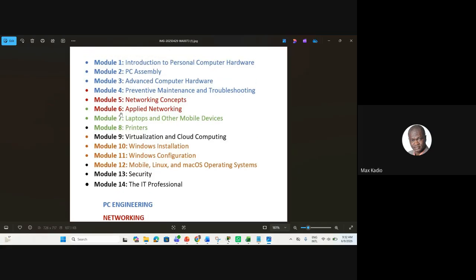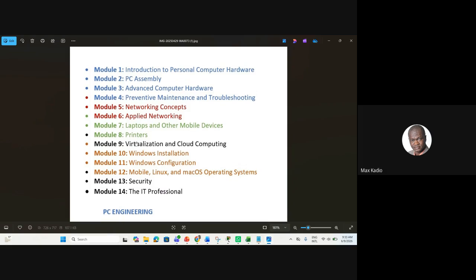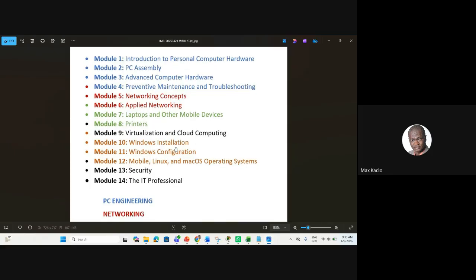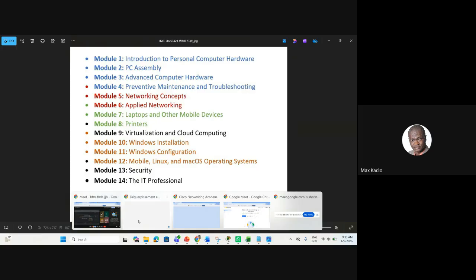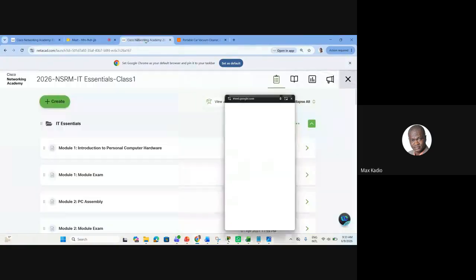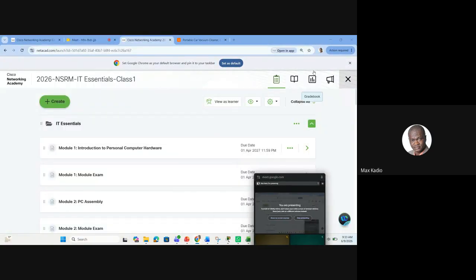And we also did chapter 7 last week, laptops and other mobile devices. So today we'll do a short chapter called printers. It's something that we know already. So before that, let me check your chapter exams, who is doing and who is not doing.